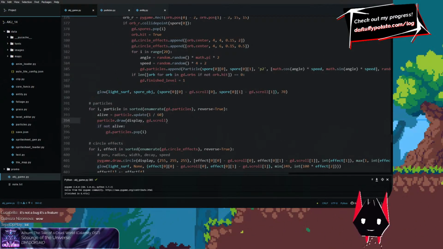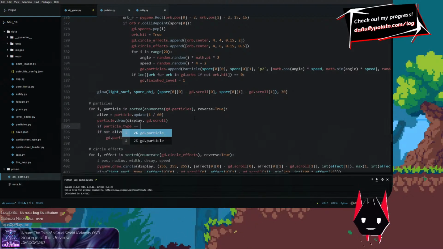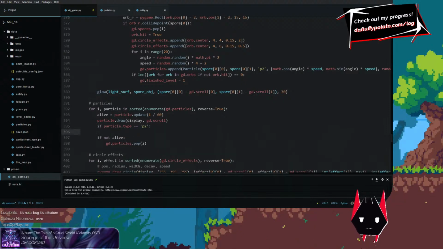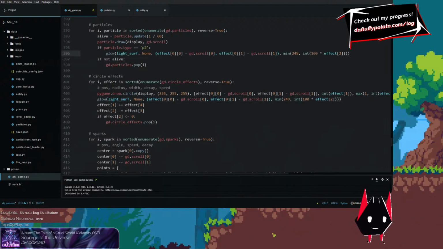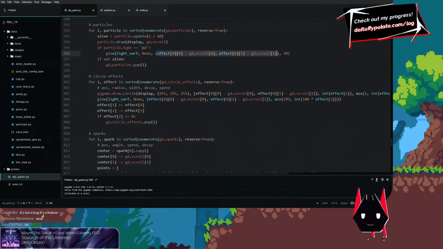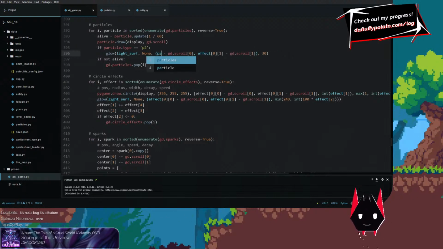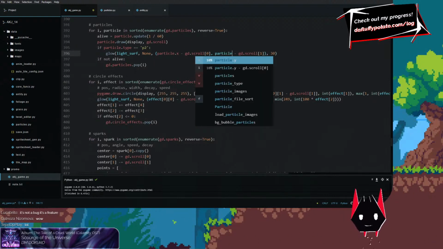And then if particle.type is P2, we do a little bit of glowing. Just a small glow. Ain't nothing fancy. It's like 20, 30. And then particle.x, particle.y,